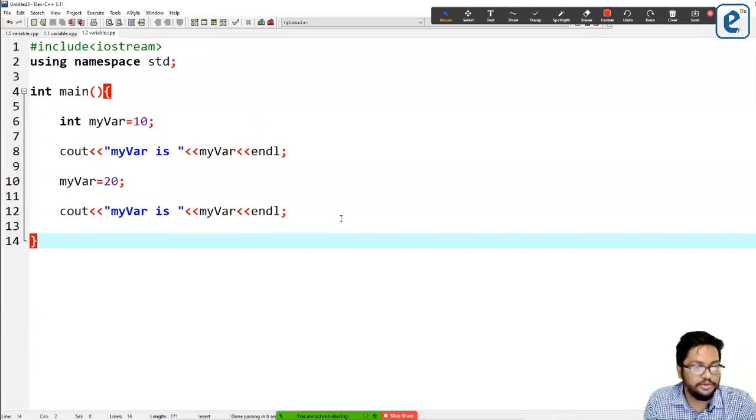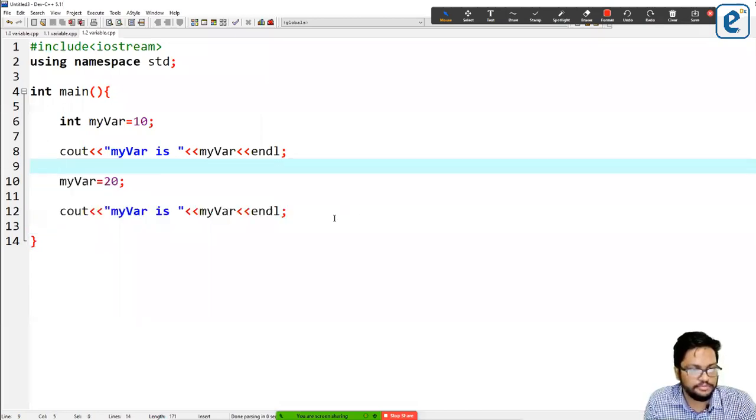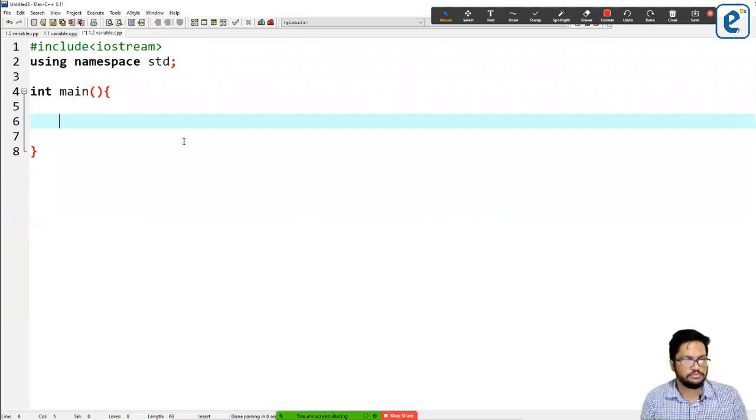And let me do something like this. Int a equal 10.